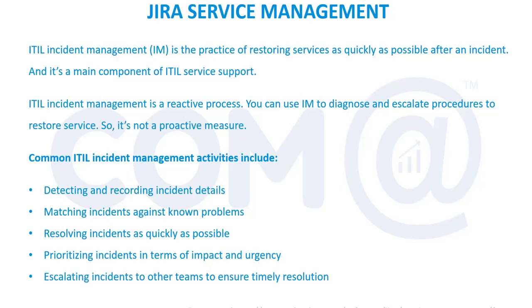Prioritizing incidents in terms of impact and urgency. This is already calculated in the ticketing system based on the CTI. We call it CTI, category type item. Based on that, it will be prioritized. Say for example, desktop, hardware, keyboard. So category is desktop, type is hardware, and item is keyboard. This will have low priority or medium priority, right? Because more than that, we have a lot of issues.